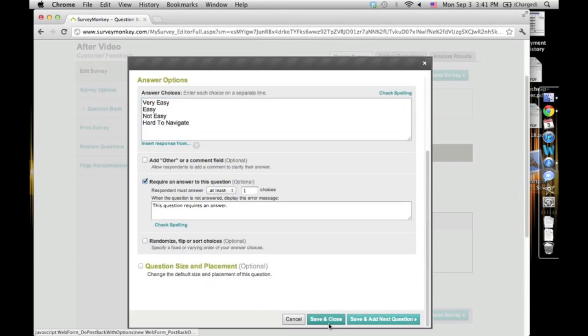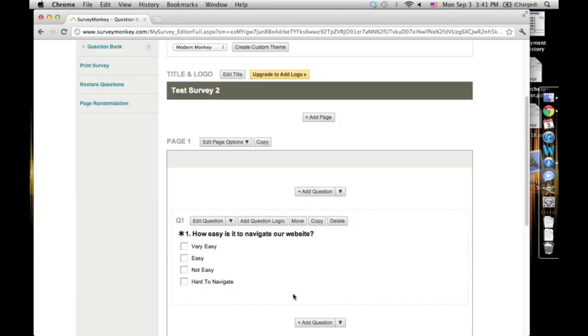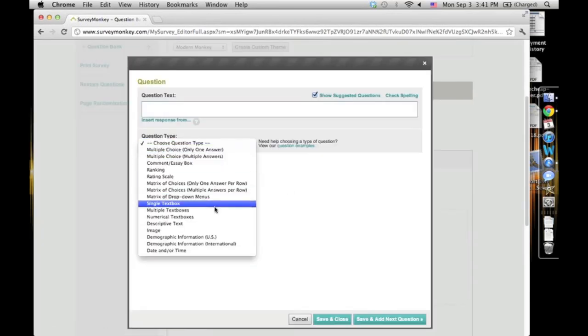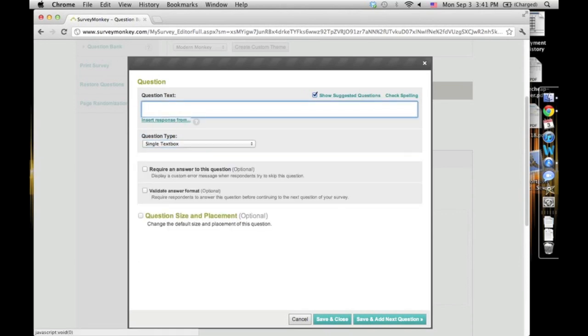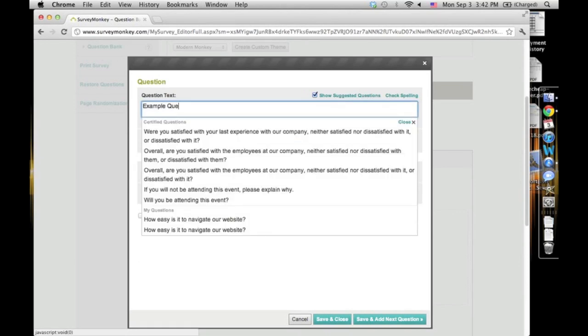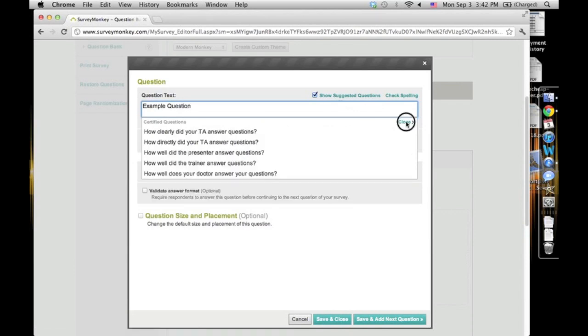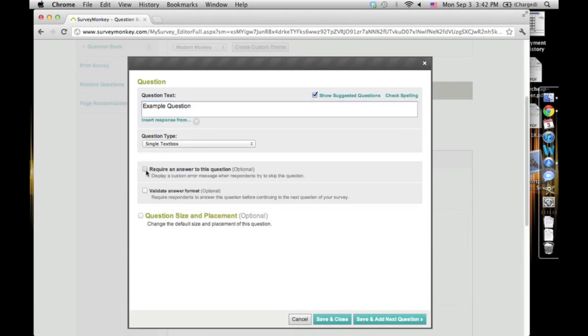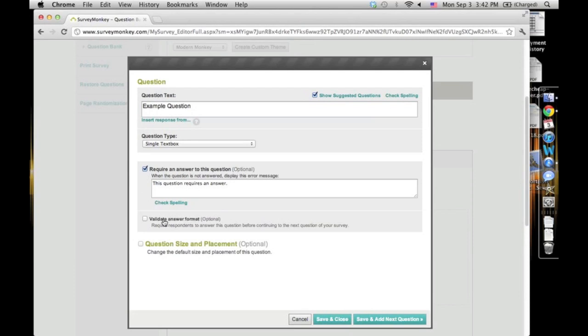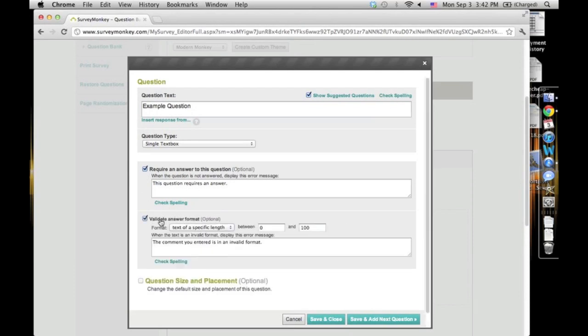Okay, so I'm just gonna save and close. Then you'll see that this is what the first one looks like. Now I'm just gonna add, let's say, single text box real quick. Okay, so you can require an answer, and then you can also require that they enter text between 0 or